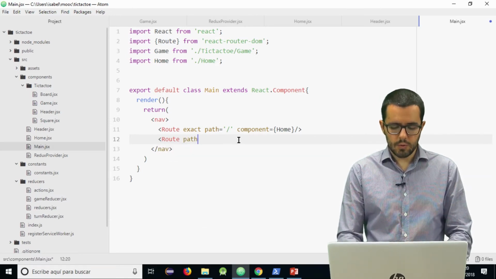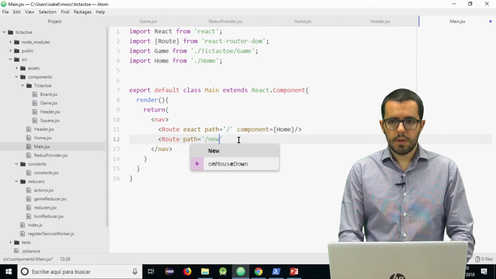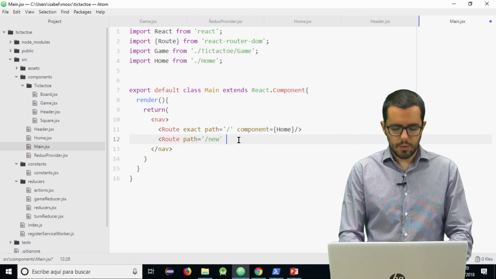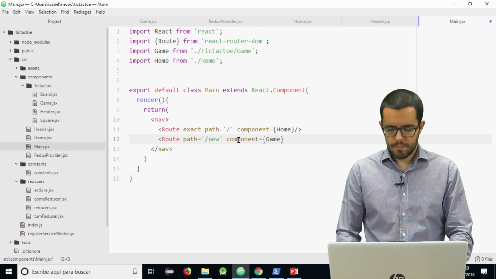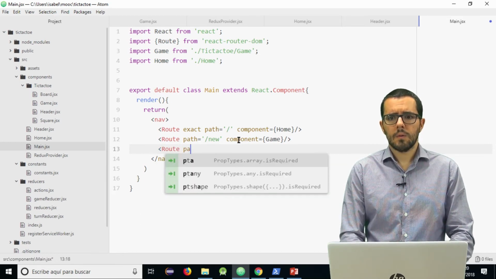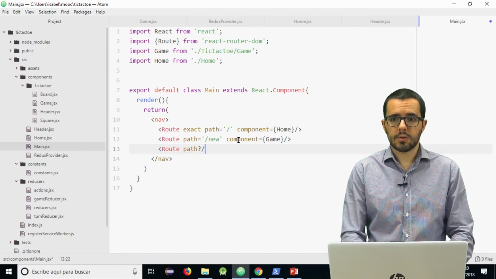And the other two alternatives will be, in this case I'm not going to use exact, although I could in fact. The second route will be, or path will be new, and the component in the second case will be game. And in the third case, the path will be slash continue.